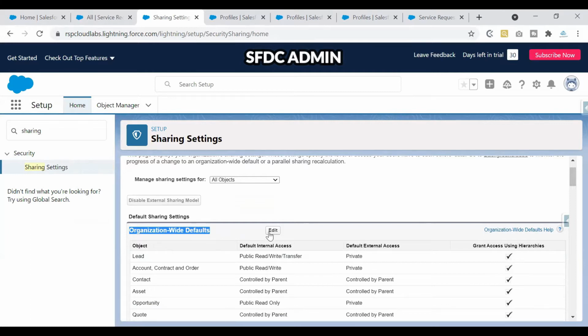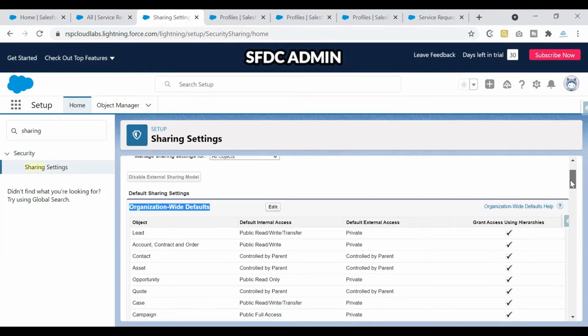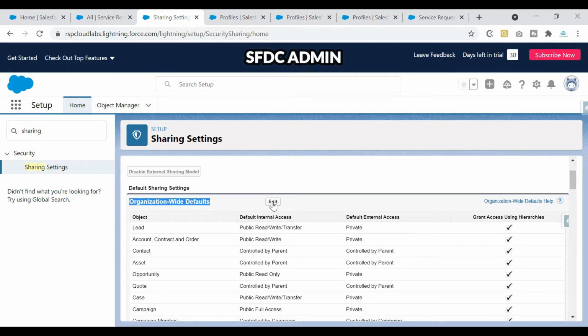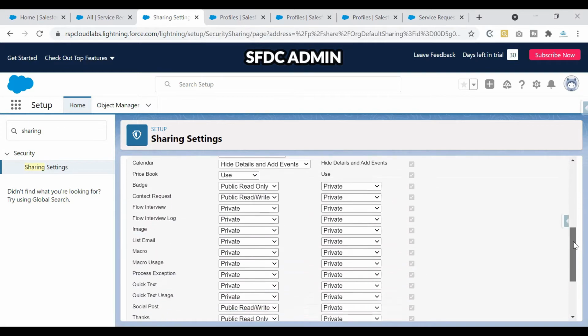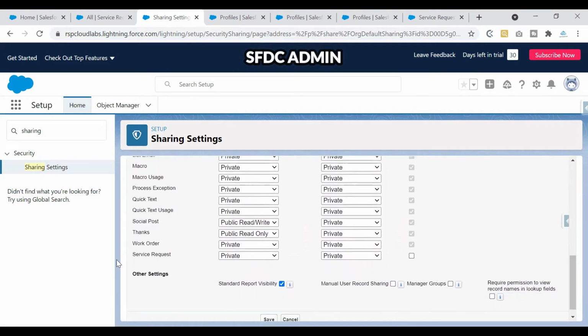How can you set your OWD? It is as simple as clicking on this edit button and making those changes. So if you have that Excel sheet ready, bring that Excel sheet up and click on edit button. Now scroll down to the object that you want to make a change. So my object is here, service request. Depending on the restricted user and the flowchart that we have discussed, right? You would configure the changes that you have noted down in your Excel sheet. So that is why that Excel sheet preparation is important, because once you have that sheet, you can go ahead and configure all the OWD all at once.